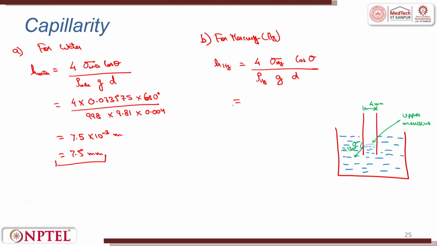Putting all these values, this is similar to the previous relation. You can just calculate it, I am leaving it for you. You will put all the values and try to find the value. You will find this in negative form. You will find this value as 2.408 into 10 raised to power minus 3 meters, and this is a negative value because it is lowering down. This can also be put as minus 2.408 millimeters. This you can calculate by yourself.